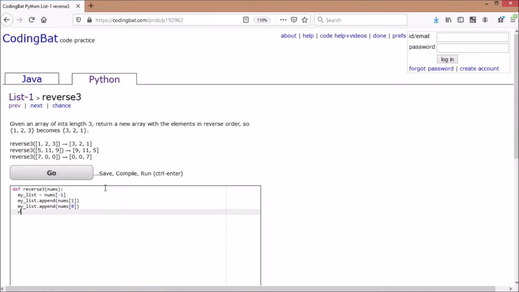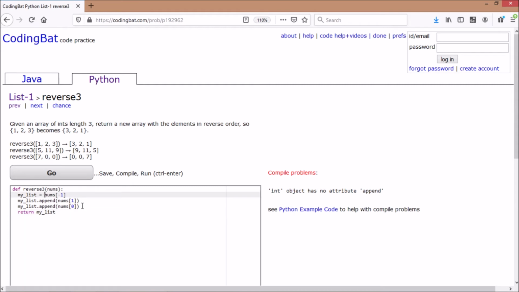So this will make the first element the last and the last element the first, and the middle will remain the same. So if we return my list, this should give the answer. Oh, okay.